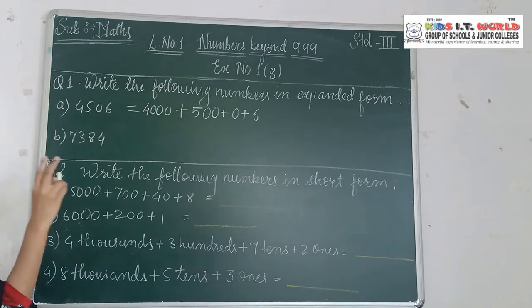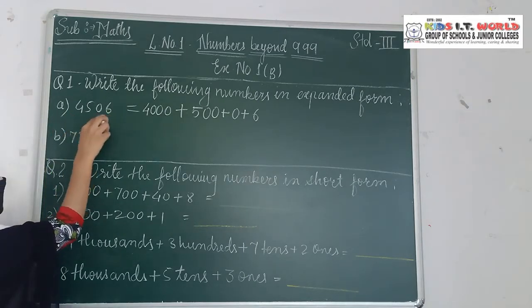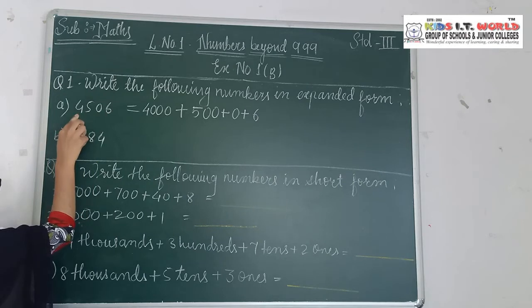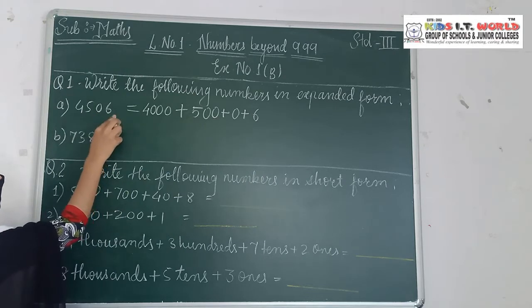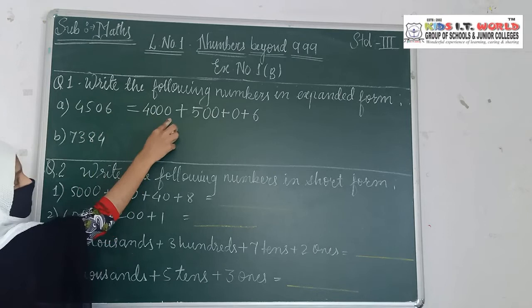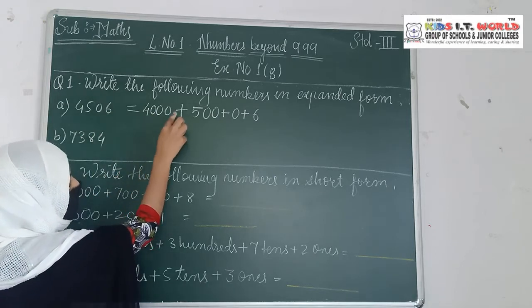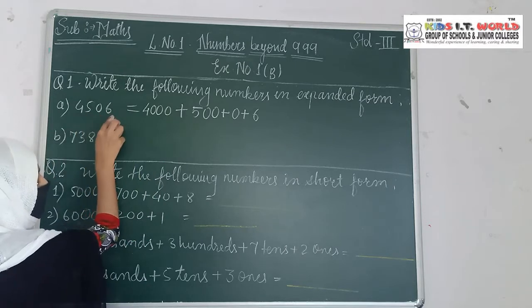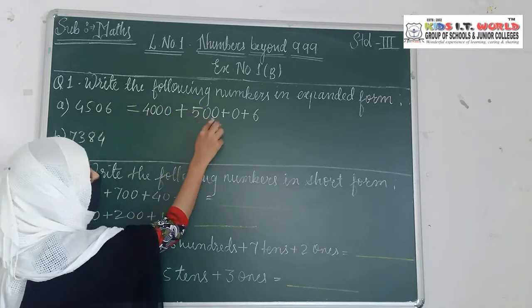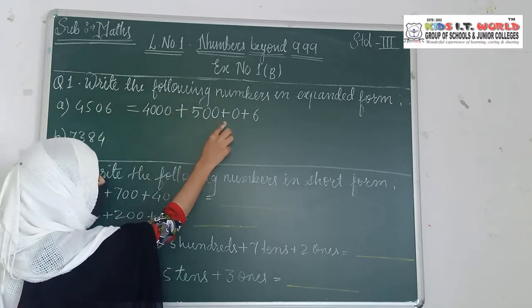Remember students, in two ways you can expand. First of all, read the question and see the place value of each digit, that is ones, tens, hundreds and thousands. Now start from the thousands. Write out the first number. Then how many numbers are there after the thousand? 1, 2, 3. So write down the 3 zeros here. After the first expansion, you have to put the sign of addition. Then the 5. After 5, how many numbers are there? 2. Put the 2 zeros here. Then put the addition sign.